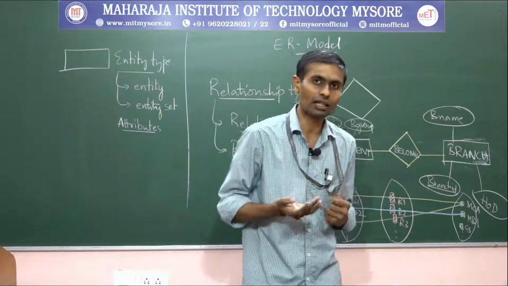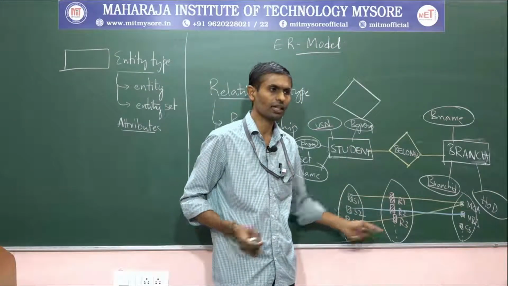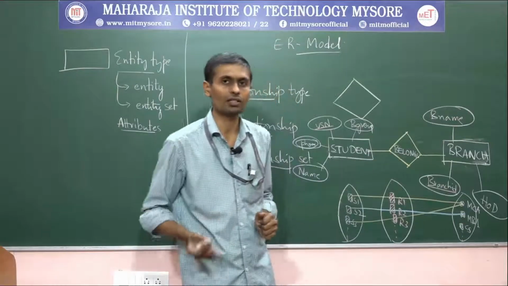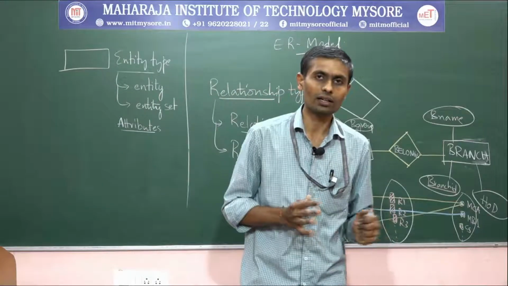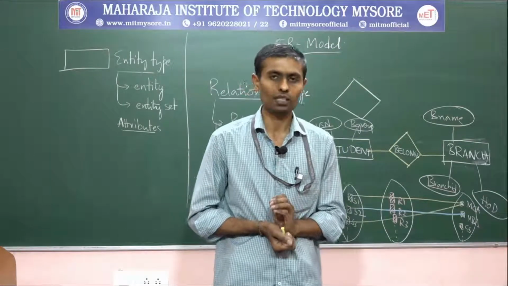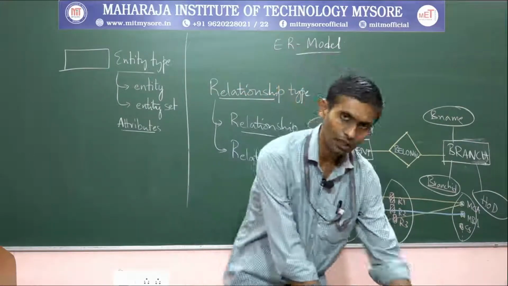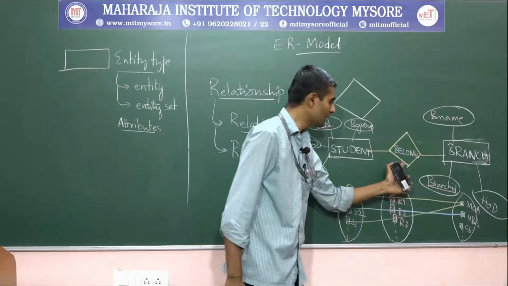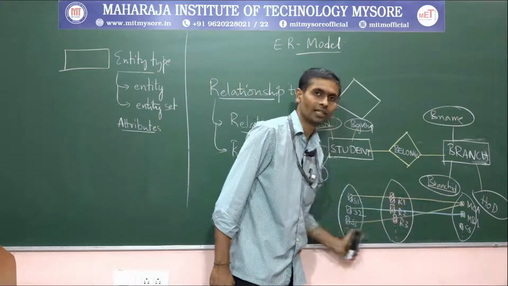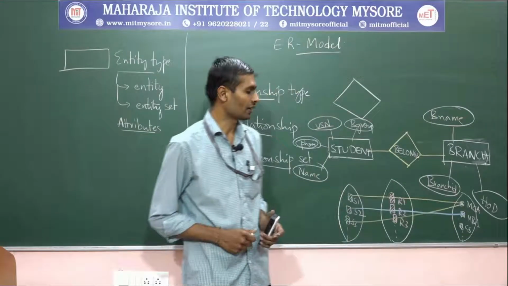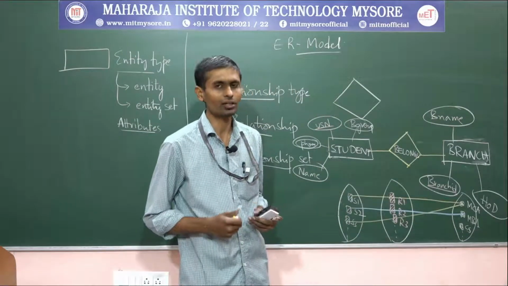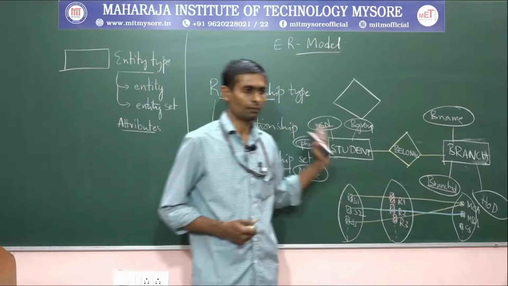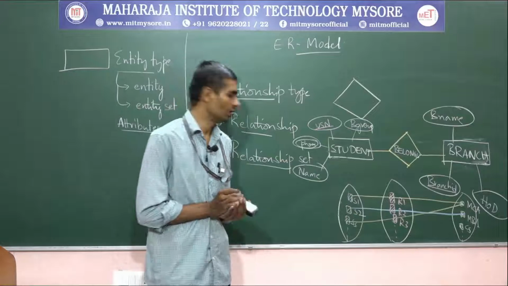This we are representing with the help of these relationships, and that we are representing, most of the time, with the help of the mapping constraint that we call by name cardinality ratios, right? And the participation constraint that we'll take up. Prior to that, it's all about this relationship. Basically, what does it describe? It describes the relationship between the two entities, right? So how they are connected with one another, how they are actually associated in the relationship type, right? So that can be represented with the help of this relationship type, right? Fine.